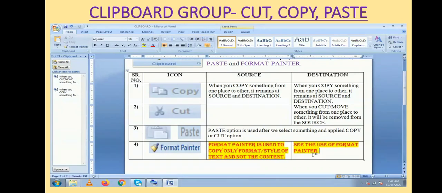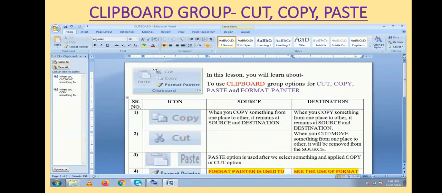So Format Painter is basically used to copy only the format or the style and not the content. In this way, you can use all these options which are present on the clipboard group in MS Word.